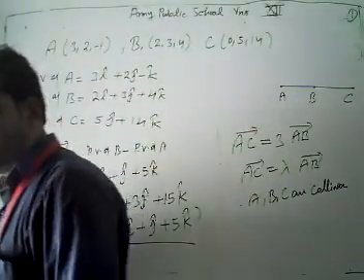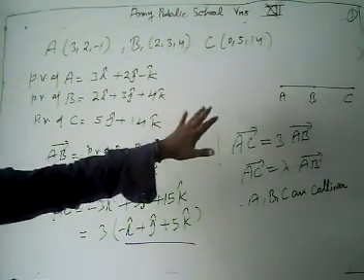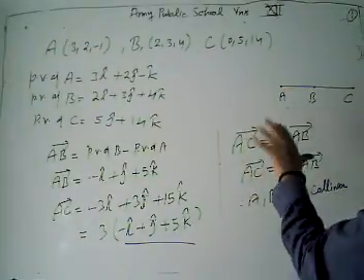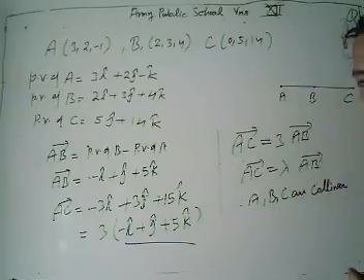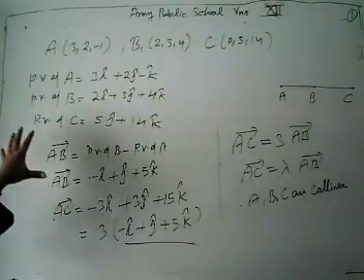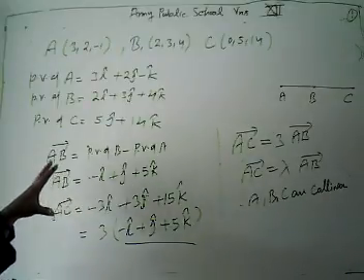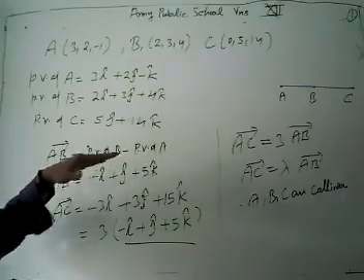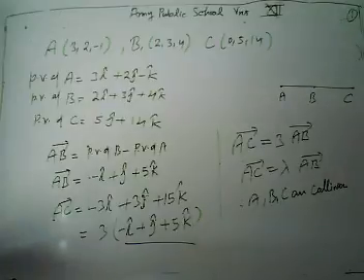And again, I'm going to explain. Whenever we have to show that 3 points are collinear, first of all draw roughly the points ABC. To show collinear, what do we take? We take AC and AB, because we need the same support, that is, they are co-initial. From the given points, we make the position vectors of A, B and C respectively. Then we find vector AB: position vector of B minus position vector of A. Then we get vector AB as minus i cap plus j cap plus 5k cap.